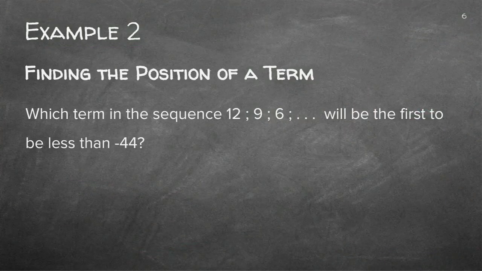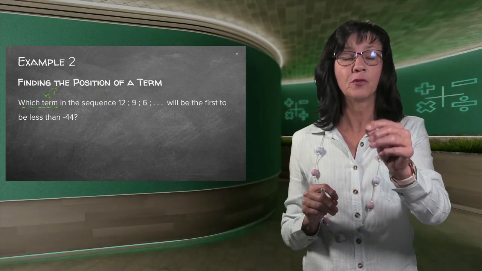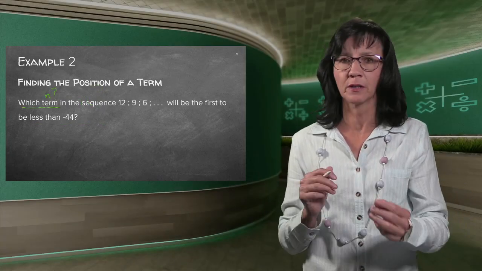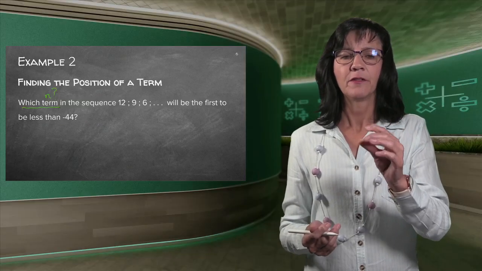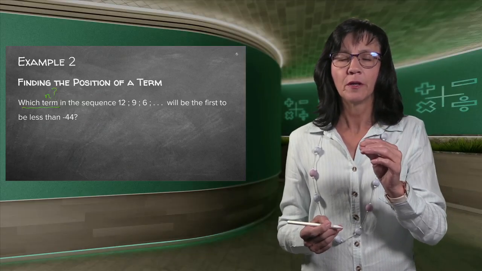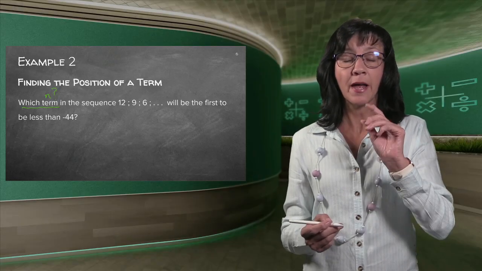Now it's to find the position. Remember, the position is the n. The nth term, the 4th term, the 10th term. Which term? So what are they asking? They are asking the n. They did not ask you the value of the term, because then they ask you the T. Remember, those two can be very confusing. So just listen to the T and the n. They're asking you which term, not the term's value, because then it will be the capital T.